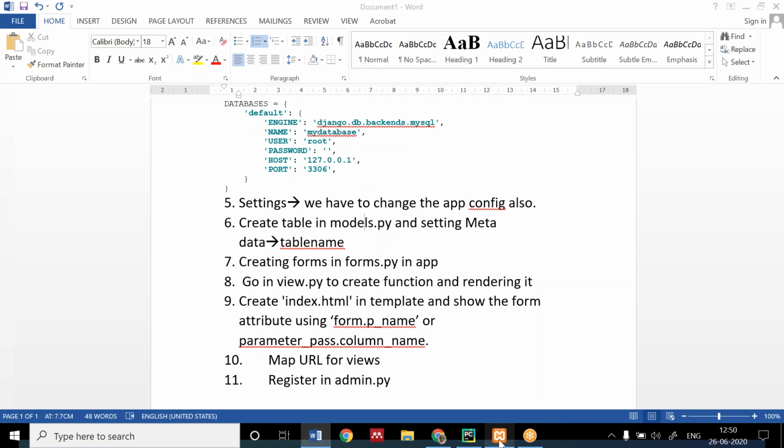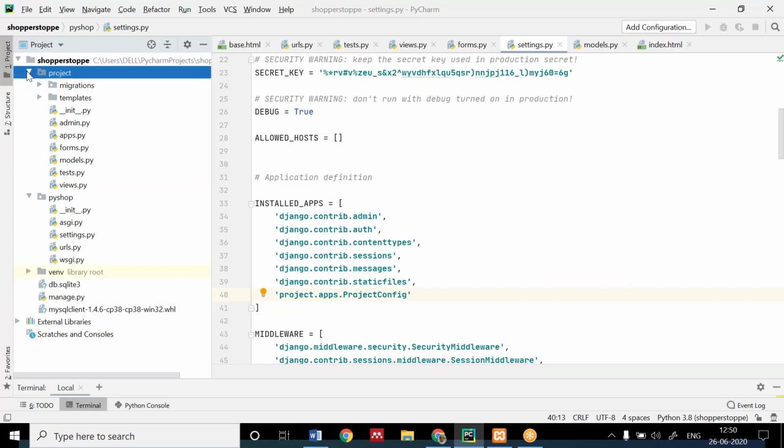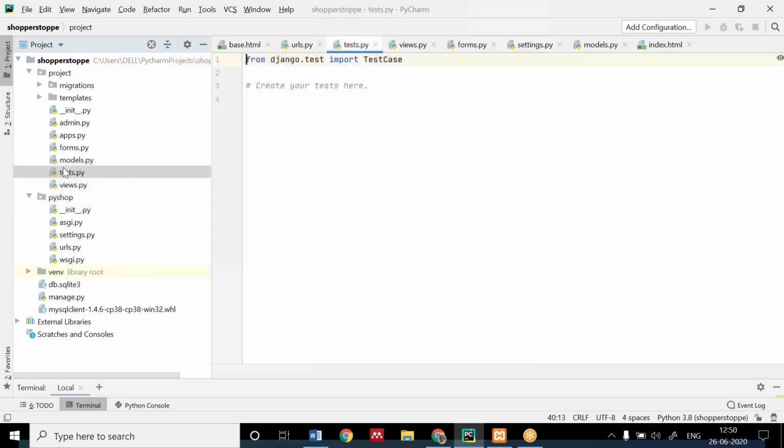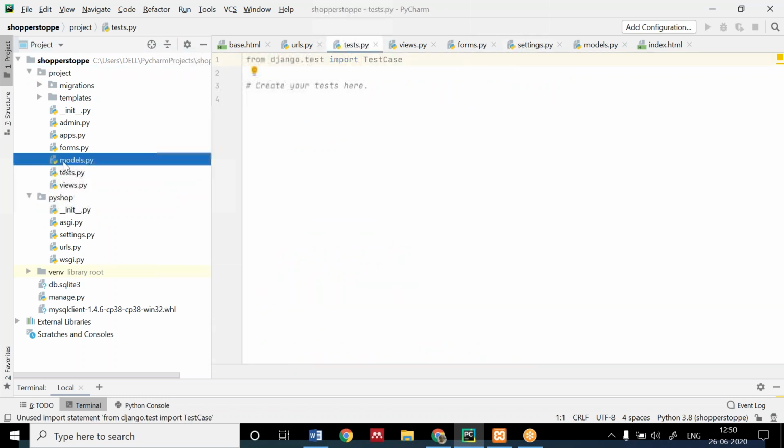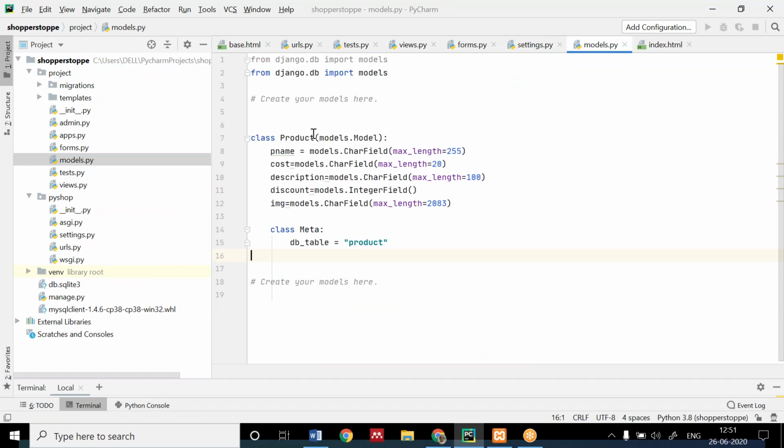Now in the 6th step, we have created models.py. In that models.py, I have added a table name, table attributes, and the table reference to our MySQL. The table name which we have created in MySQL, I have referenced that.